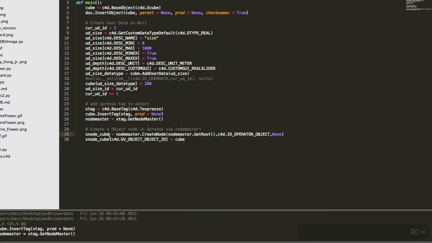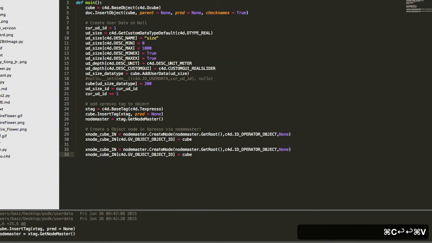I'm just going to say cube in. Sometimes I capitalize it just because in and out. And I'm just going to copy it. And if you want to be more code worthy, you might want to make a loop. Alright. Now that we have these two,